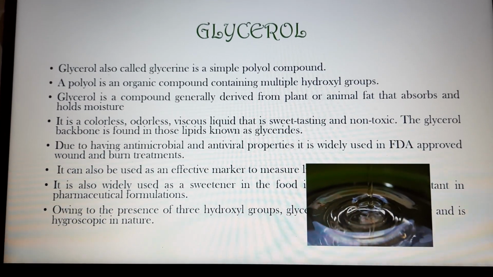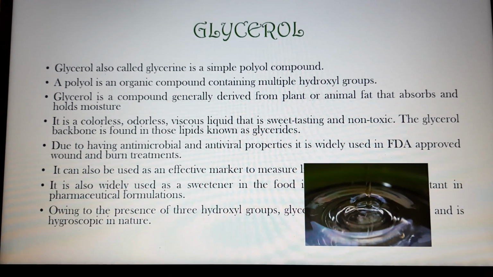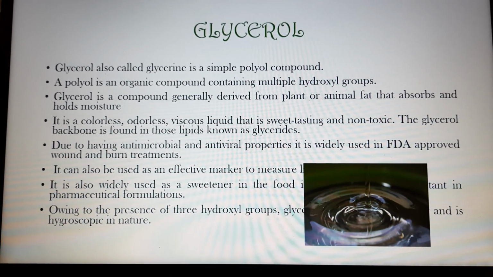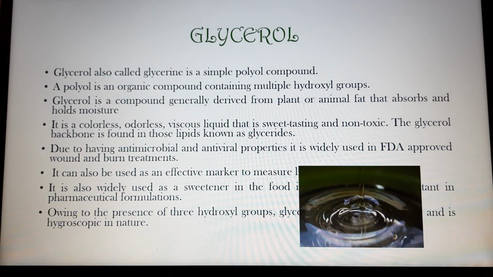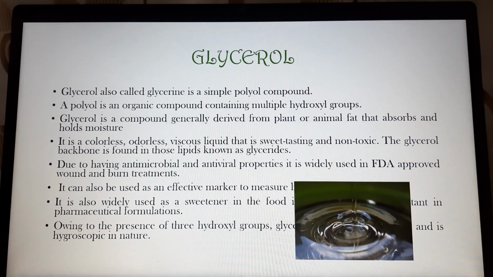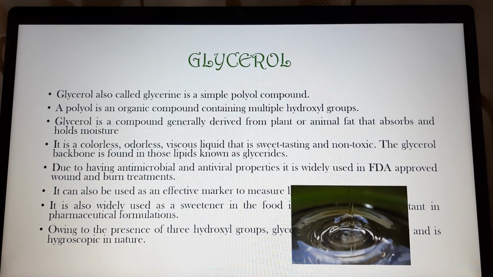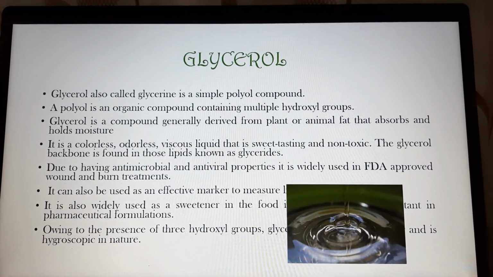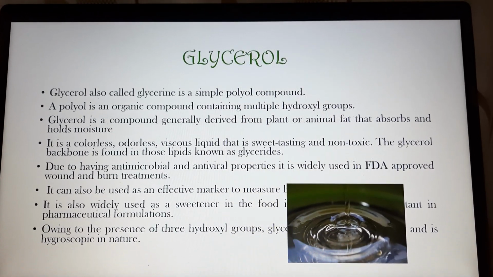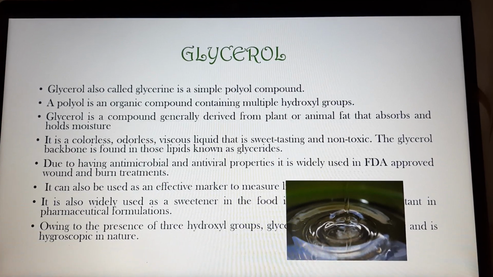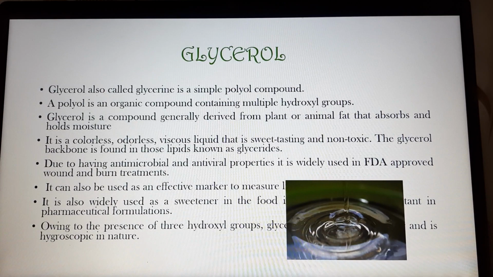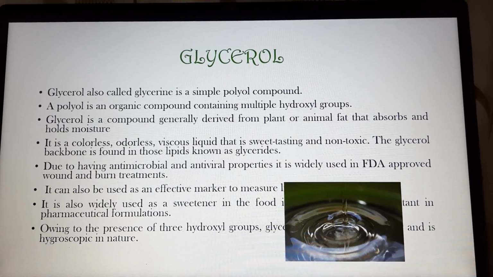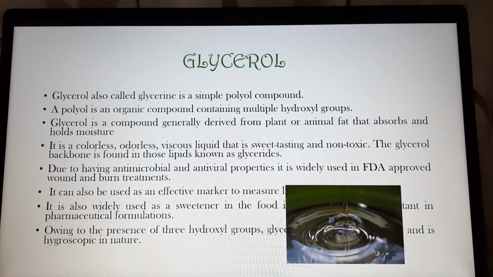It is a colorless, odorless, viscous liquid that is sweet tasting and non-toxic. The glycerol backbone is found in those lipids known as glycerides. Due to having antimicrobial and antiviral properties, it is widely used in FDA approved wound and burn treatments. It is also used as an effective marker to measure